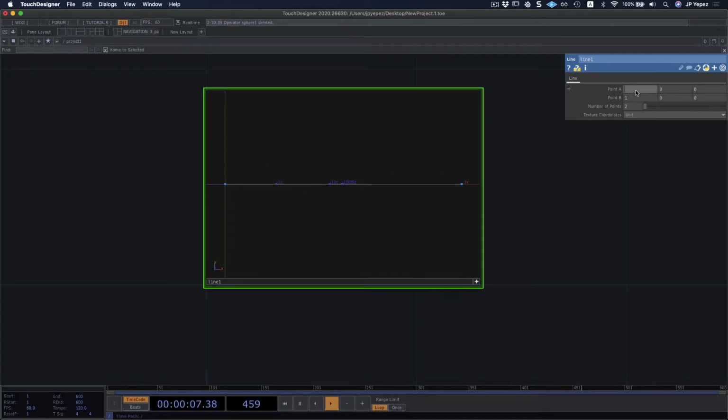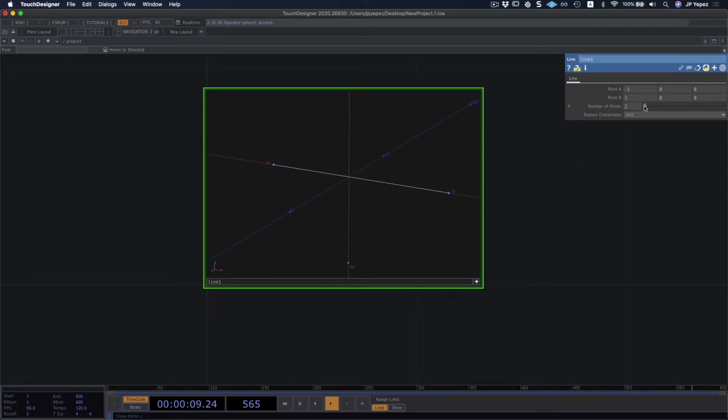Maybe let's set my first point at coordinate -1, 0, 0, and my second coordinate is 1, 0, 0. Remember that we're in 3D, so we have negative x, positive x, z, which is our other transversal axis, and we have y, which is vertical. So this is really important.